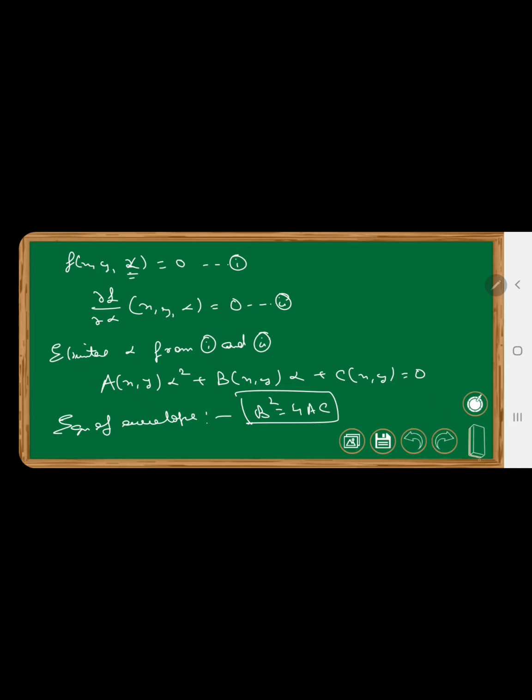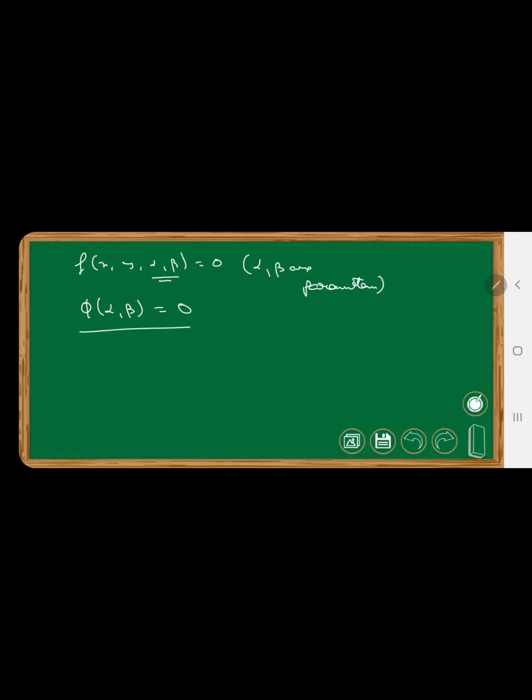Okay, so next, if we have two parameters in the family of curve, that is the equation is given as f of x, y, alpha and beta equals to 0, where alpha, beta are parameters. If this is the case, then you will surely have one more equation which gives you the relation between alpha and beta. Clear? So if you are given two parameters in the family of curve equation, then you will be given one more equation which contains the relation between the two parameters. Then what you need to do is form three equations.